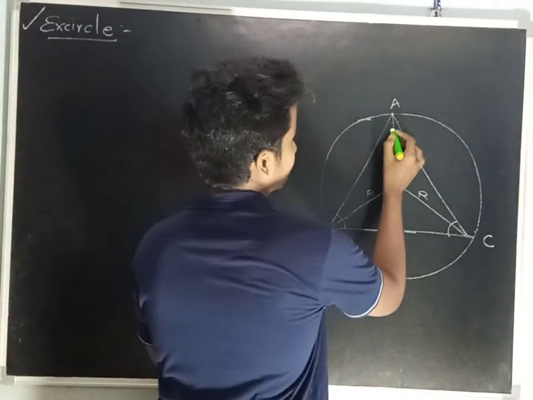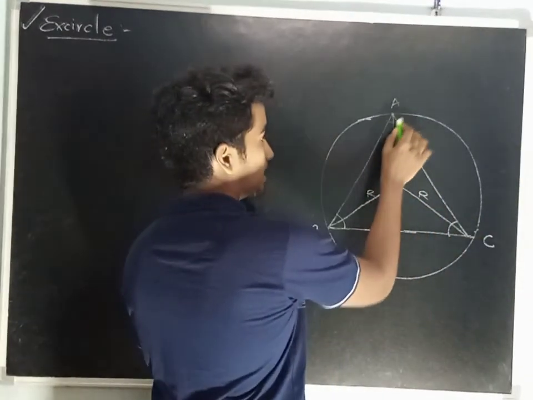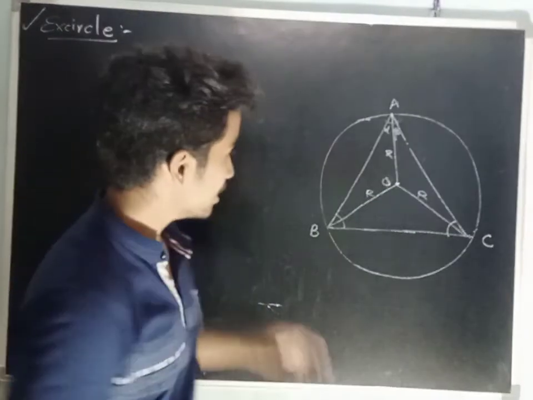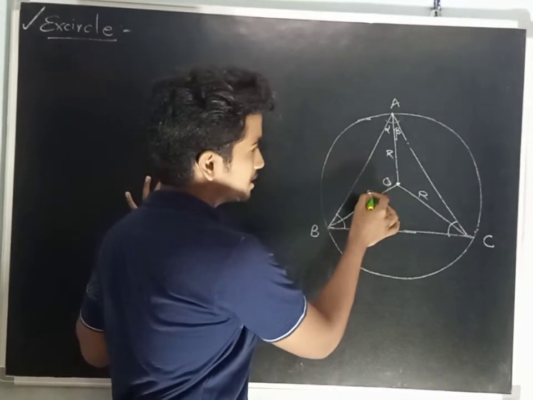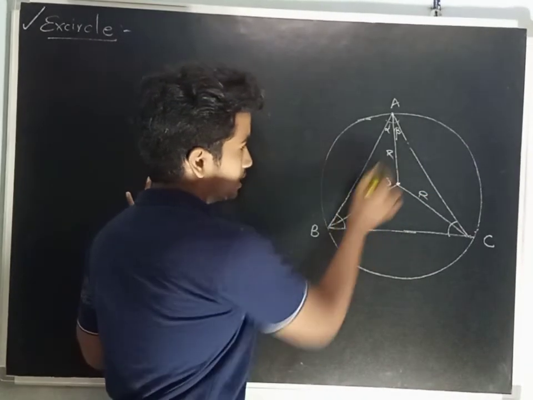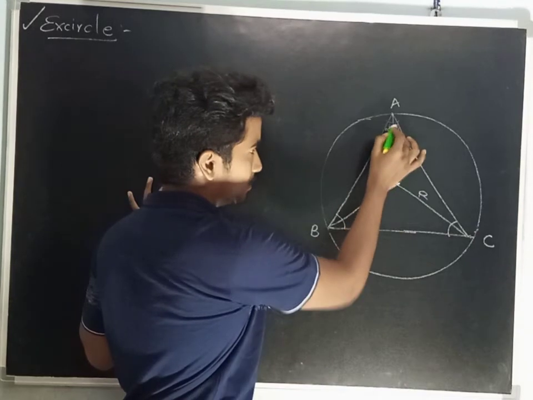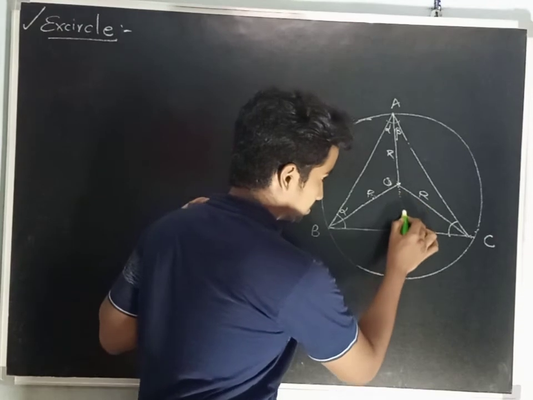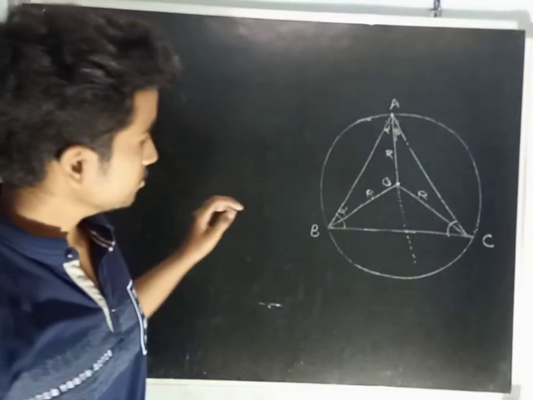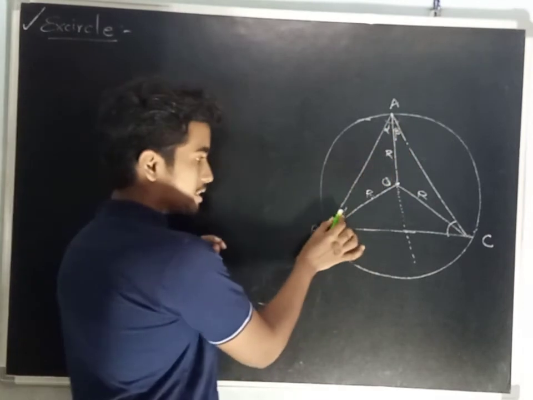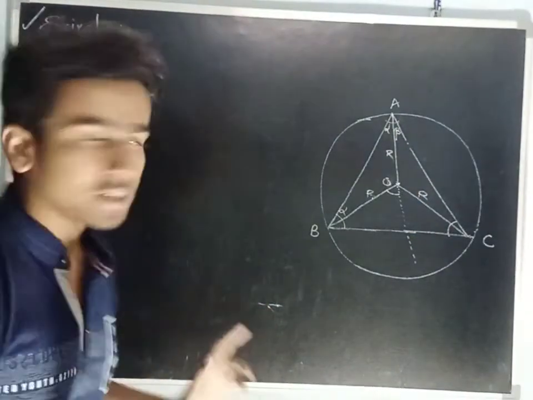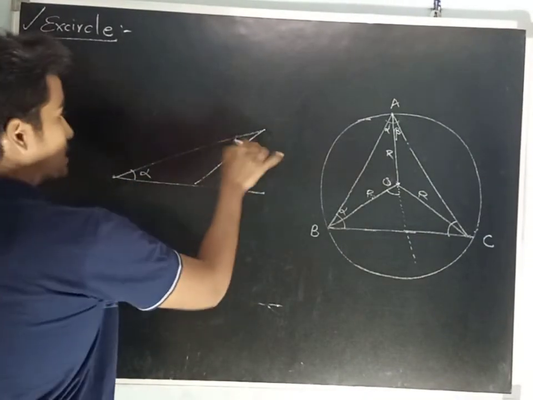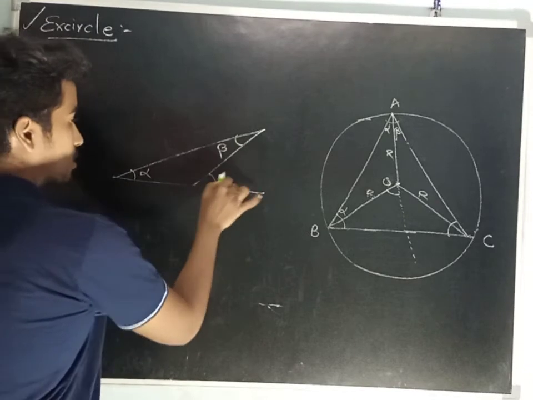Now, angle A, let me say it is alpha and here it is beta. Okay? If here it is R, here it is R, two sides are equal, so their opposite angles are also equal. So, if it is alpha, then it is also going to be alpha. Let me extend this line. Okay? If it is alpha and it is alpha, then by the exterior angle property, here if it is alpha and it is beta, then this angle is going to be alpha plus beta.